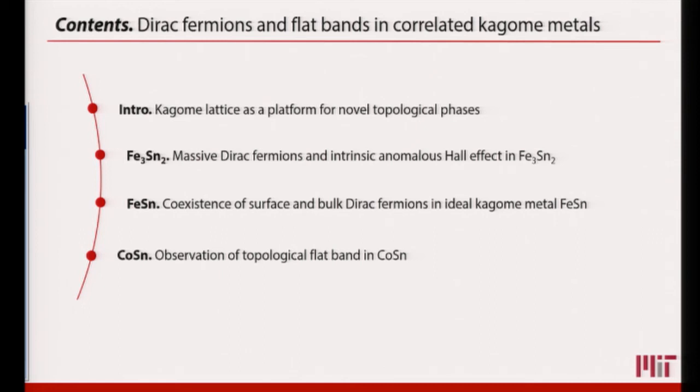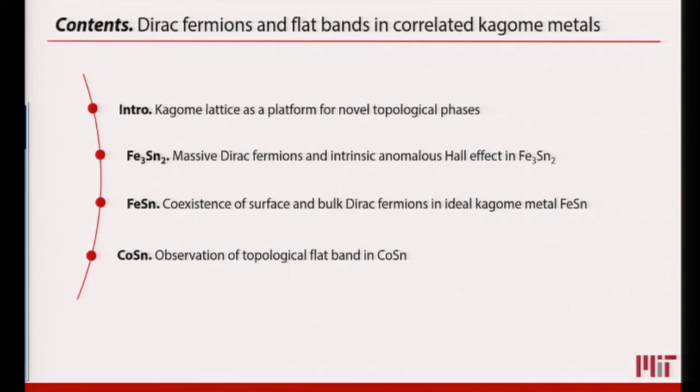And then I'll discuss basically three materials. So our explorations of the electronic band structure in three materials whose building block in all cases is this 2D Kagome network. So the first material is Fe3Sn2, where we made our first discovery of massive Dirac fermions in a Kagome system, very analogous to what you have in hexagonal and honeycomb systems, and intrinsic anomalous Hall effect. So that relates to the topology. So looking at the connection between the single particle spectroscopy and the electronic transport, so microscopic and macroscopic transport properties.